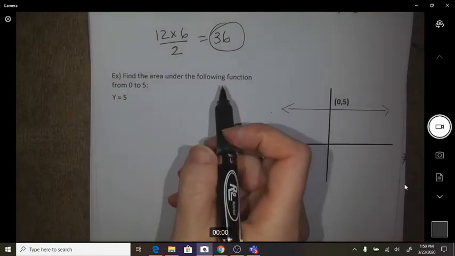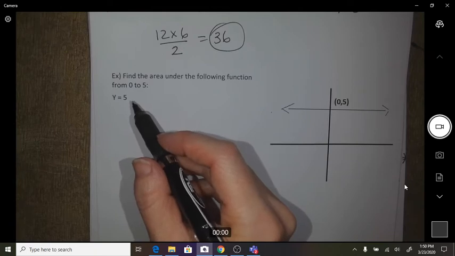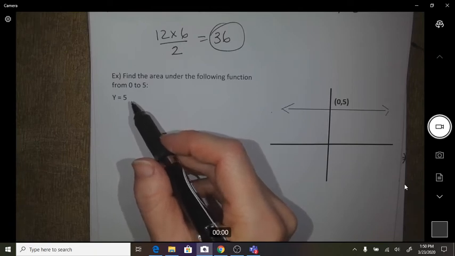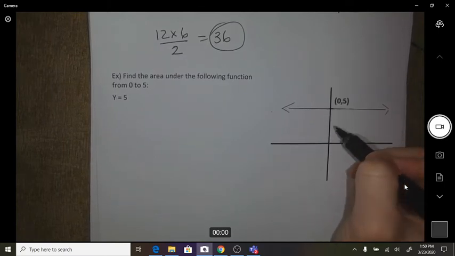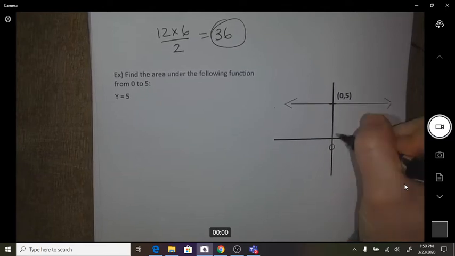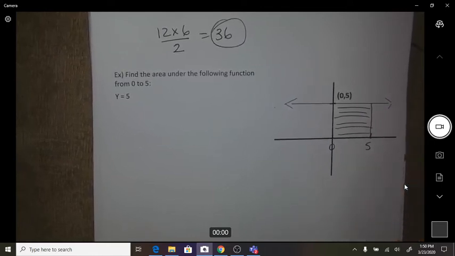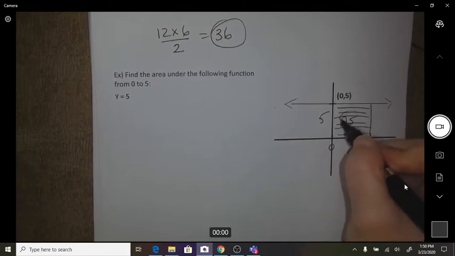Okay, find the area under the following function from 0 to 5. So y equals 5. So let's think about what that looks like. Y equals 5 is just a horizontal line at 5. Okay, so from 0 to 5, if I want to find the area under the curve, it would look like that. So in geometry, I would just say that this is 5 and this is 5, so the area is therefore